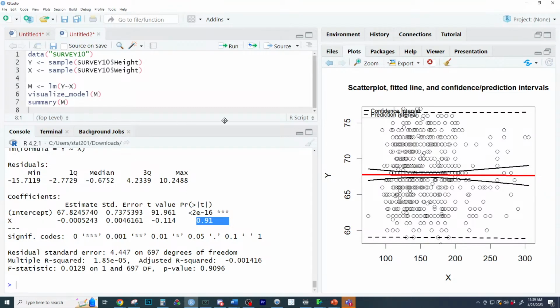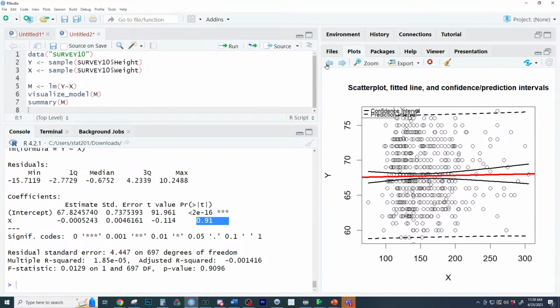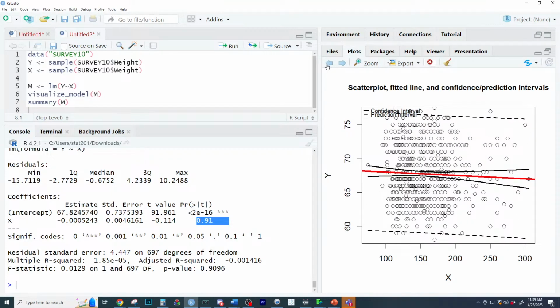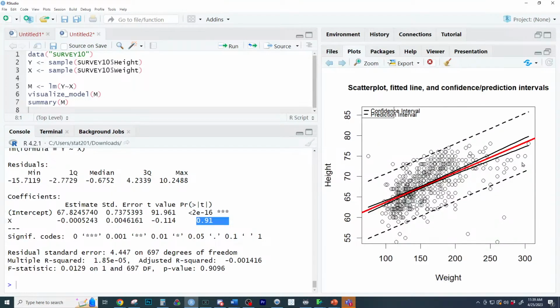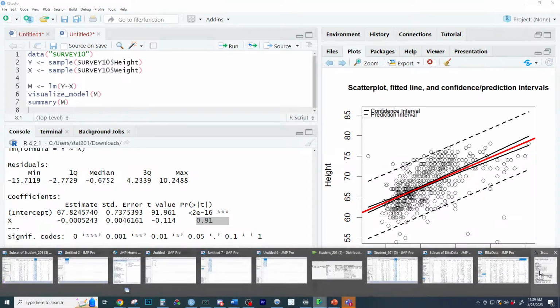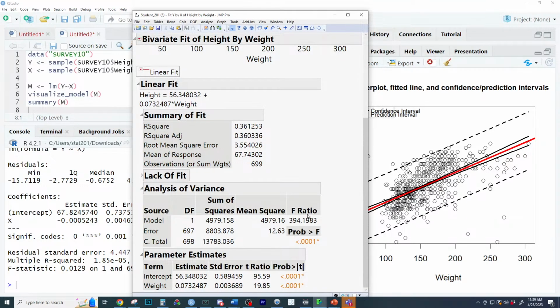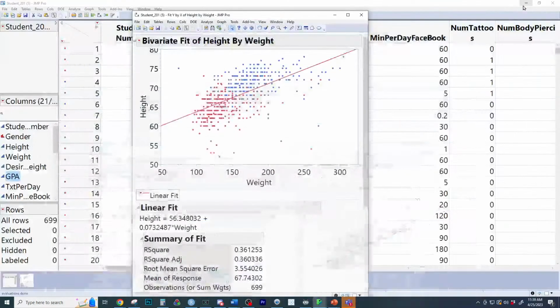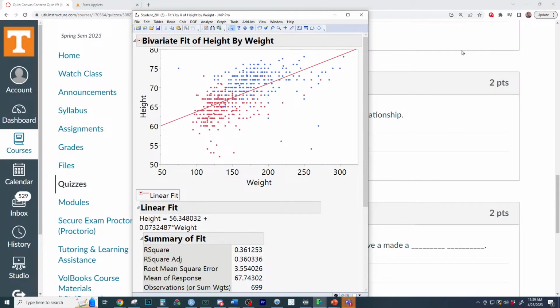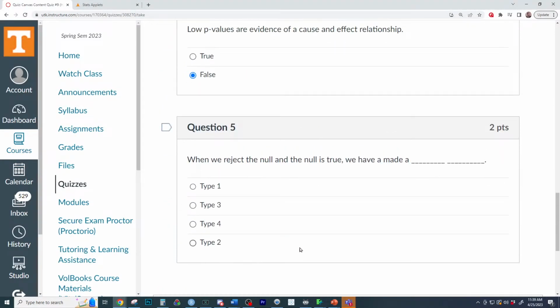So the relationship between height and weight right here, pretend it's height and weight or whatever x and y is, the relationship between x and y is likely by random chance, as opposed to the previous one, where the relationship between height and weight is unlikely by random chance. So this one right here had a statistically significant p-value telling us that the relationship between height and weight is unlikely by random chance. And that was this graphic right here. Same graphic, same data. P-value is low. Statistically significant relationship. Height and weight have a relationship that is unlikely by random chance. That is what we mean when we say low p-value.